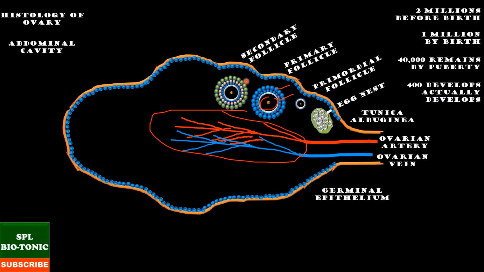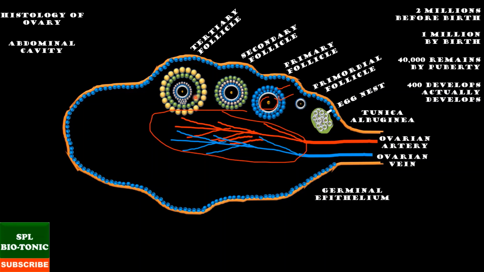Students, as the secondary follicle is growing, it starts producing a hormone estrogen. It gets accumulated into the cavity called antrum. So, tertiary follicle is characterized by a fluid-filled cavity called antrum. The theca layer is organized into inner theca interna, which is cellular, and outer theca externa, which is non-cellular.